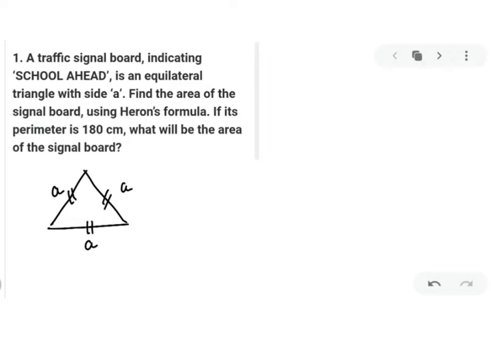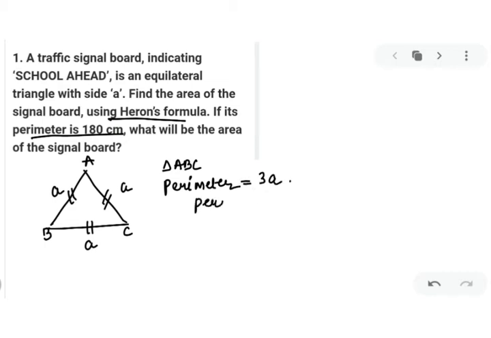My dear kids, equilateral triangle का formula actually हम लोगों को पता है, but here it is said that you have to use Heron's formula and the perimeter is given as 180 centimeter. अब अगर इसको मैं नाम लगा रही हूँ ABC, can I say triangle ABC perimeter is 3A because A अगर एक side है तो perimeter is 3A, but here it is given that perimeter is 180. So can I say 3A is equal to 180? In that case, I will get value of each side as 60.